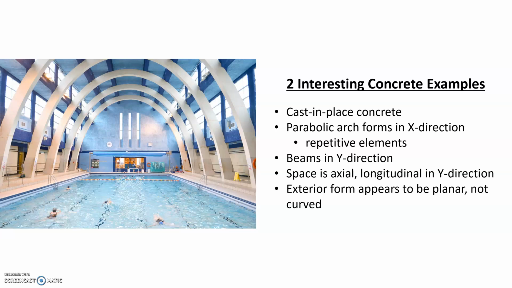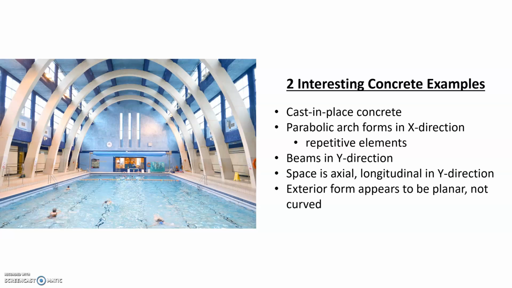and then those are supporting a secondary structure of, I guess, what you might call beams, although it's a little bit difficult to see because there's some interior finishes there. But those appear to me to be simple, straight rectangular members highlighted in the darker blue. And then there's a structure beyond that of walls and roof planes that are really orthogonal elements, horizontal and vertical. And so the exterior form looks nothing like a parabola,